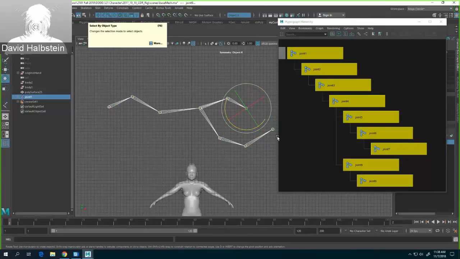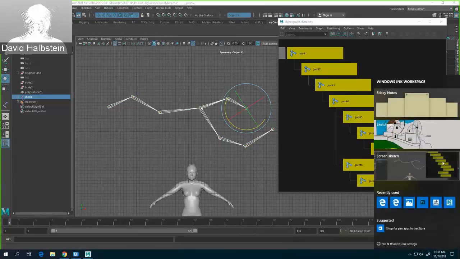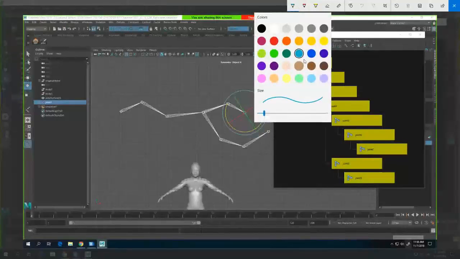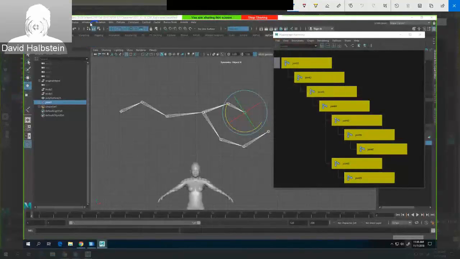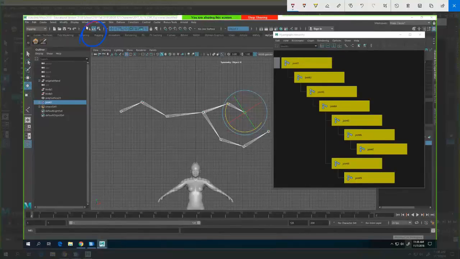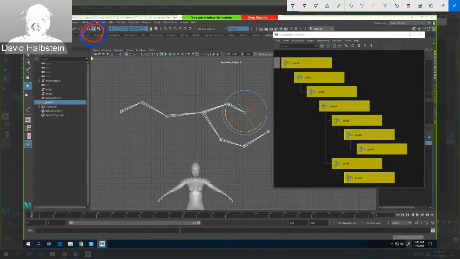Okay, so these masks right here, you'll see this set of 3 little icons right there. Those relate to these little icons here. And basically what they will do is either enable you or prevent you from selecting certain types of objects in Maya. Okay? So just for example,